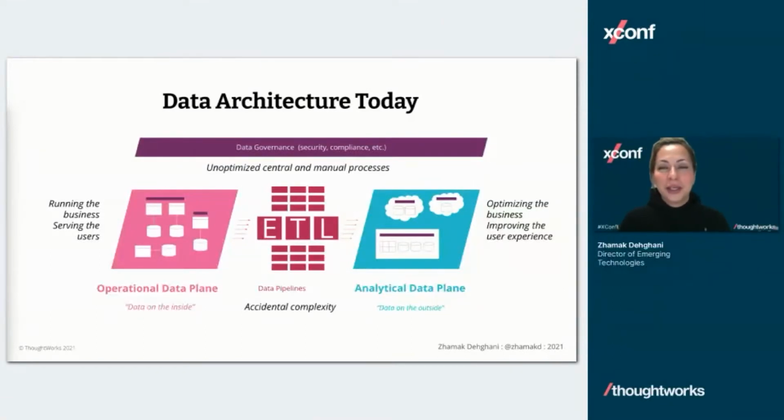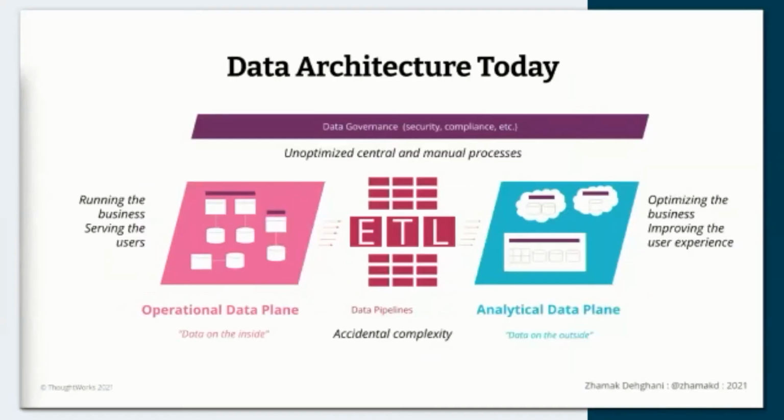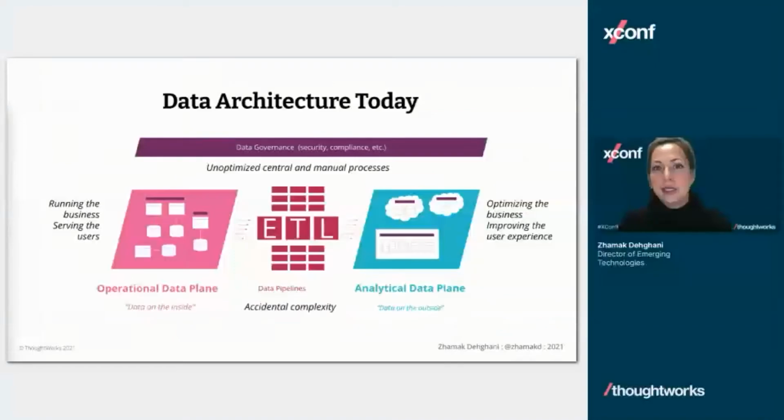On the right side, the blue side, you've got your lakes and warehouses, and you've got these spaghetti pipelines, complex pipelines going into ETLs and getting data out of these databases, which were never designed to share the data for analytical purposes. Those databases were not expecting to be invaded by some ETL job to create downstream models for analytics. And people are always complaining that these application developers are not designing their databases correctly. Well, their databases weren't created or designed for analytics.